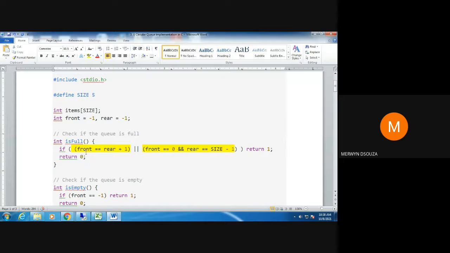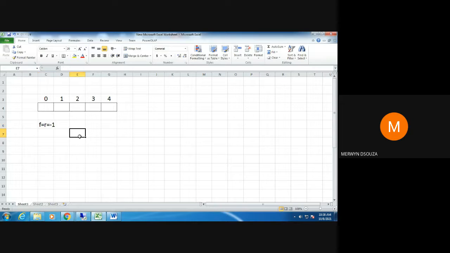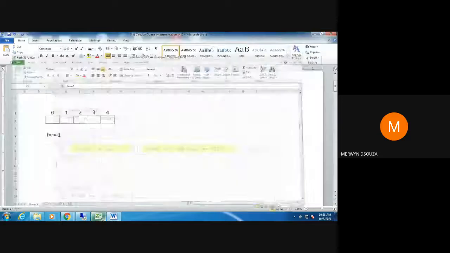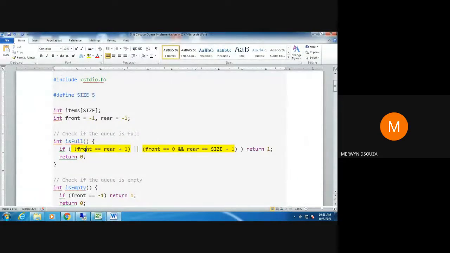Okay, so let's check this condition quickly. When you check here, obviously in the diagram you can make out that it is not full. So what is the value of front and rear? Value of front and rear is equal to -1. Check here quickly. When you replace this with the value -1, this is false.